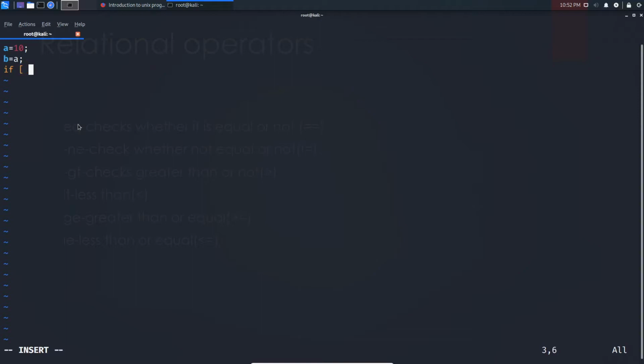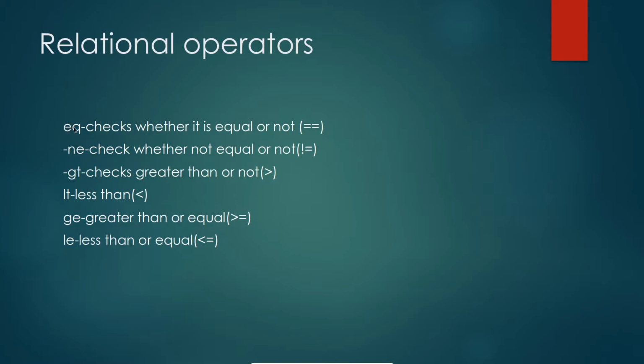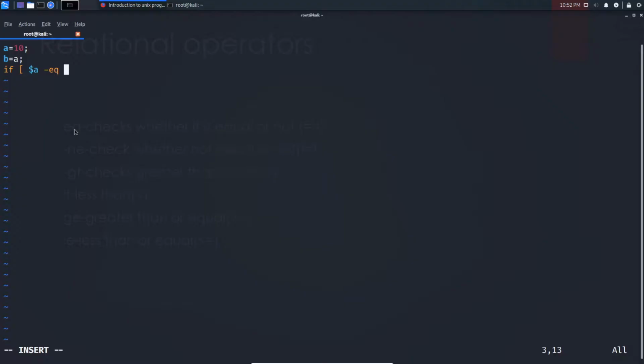If dollar a, here I am going to check whether the content of a is equal to the content of b. To do that you need to use minus eq. Before eq you need to place a minus, then the variables: dollar a minus eq dollar b, and again you need to place the closing bracket.